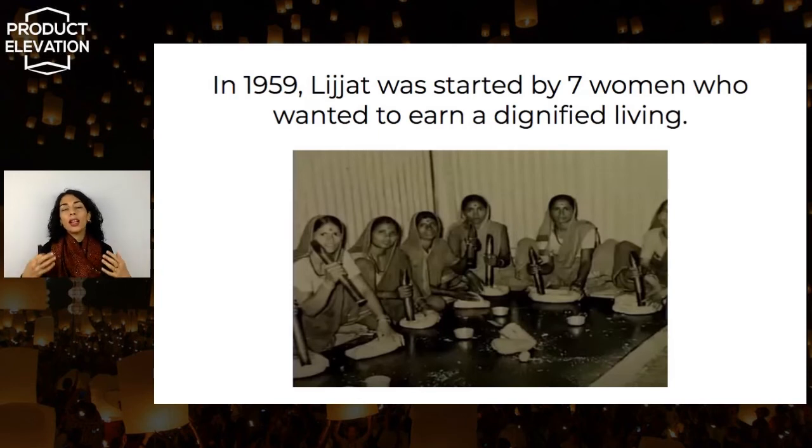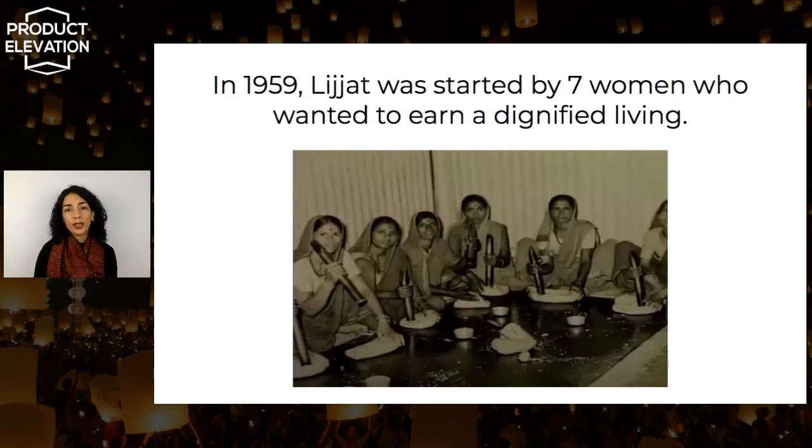And so these women wanted to start something, but they felt like the only skill that they had was cooking. They couldn't go out and get jobs as a result. They didn't have much of an education. And so they started by rolling papadums. And they were going to sell these papadums to stores, and whatever they got out of it, profits or losses, they decided they would split it equally amongst themselves. They wanted a dignified living, so they decided they would never, ever take charity. Even if it was a loss, they would split it amongst themselves.